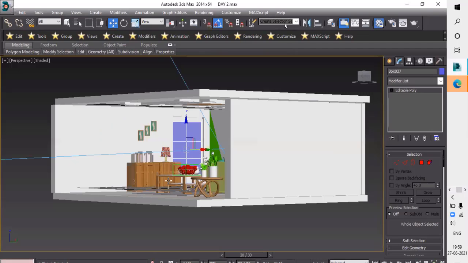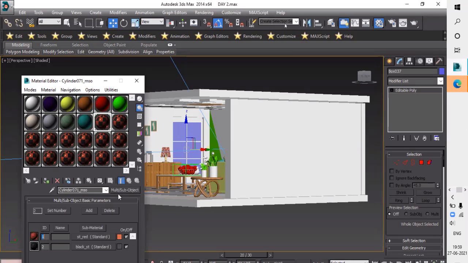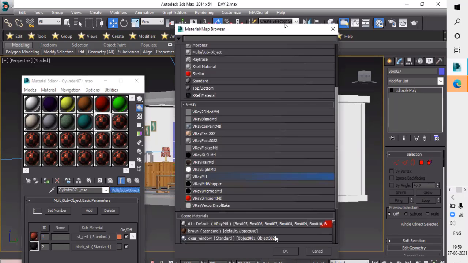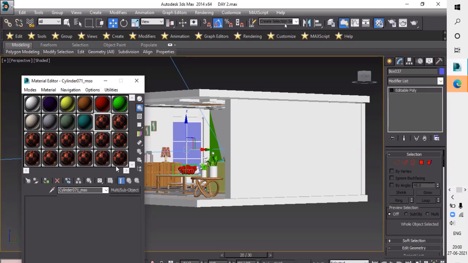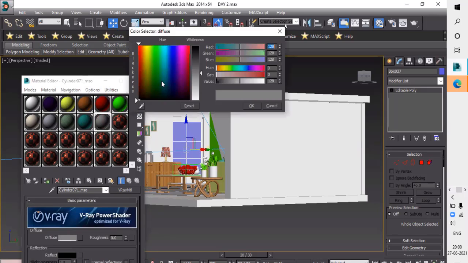The glass texture will be applied as a material here. So we will get another cylinder, get V-Ray material, press OK. So how can we make the glass texture here? Choose diffuse and get the white color. Okay.